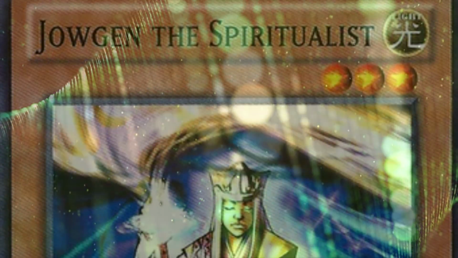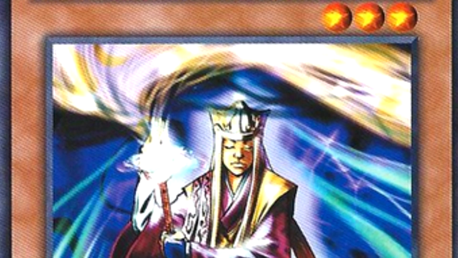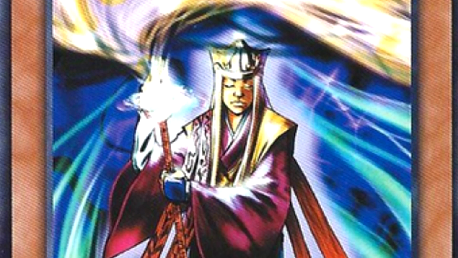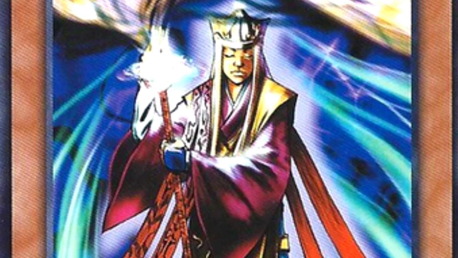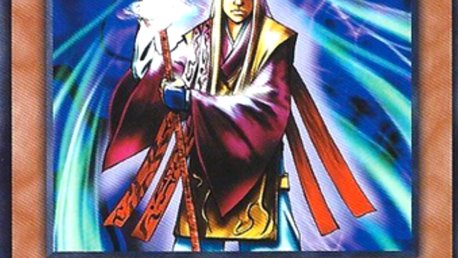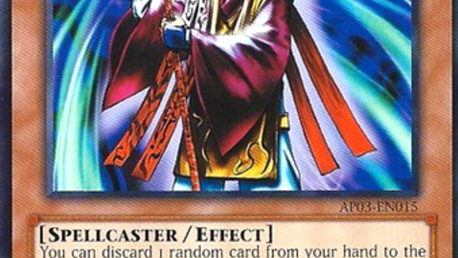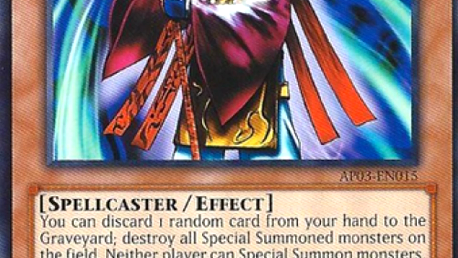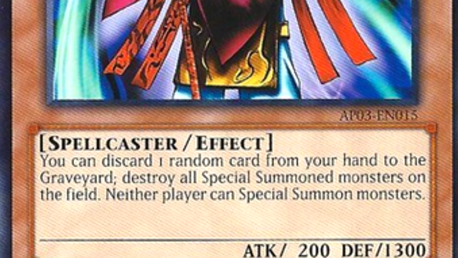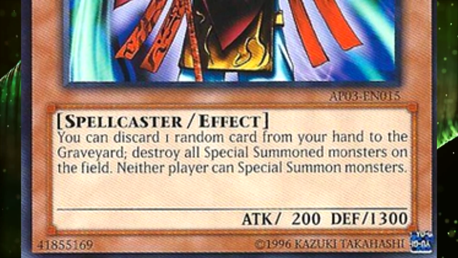He also played Jagen the Spiritualist, which I think is a card that has gotten better with age. It certainly had its uses back in the day. We all remember it being used with Last Turn before that card got banned, but for a lot of players, they remember this card being used in the Spellbook deck back in 2013, where you could very easily summon this card from your deck using Spellbook of Judgment. That was a very deadly combo back in 2013, especially because it was usually backed up by Spellbook of Fate,